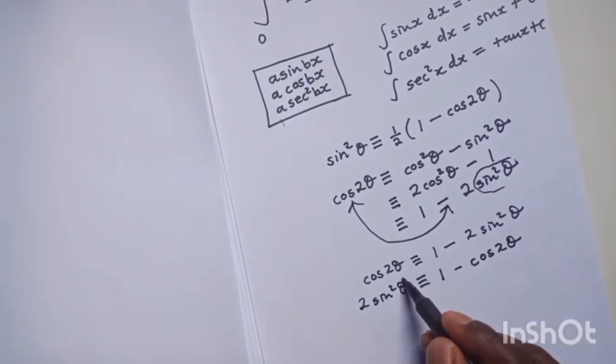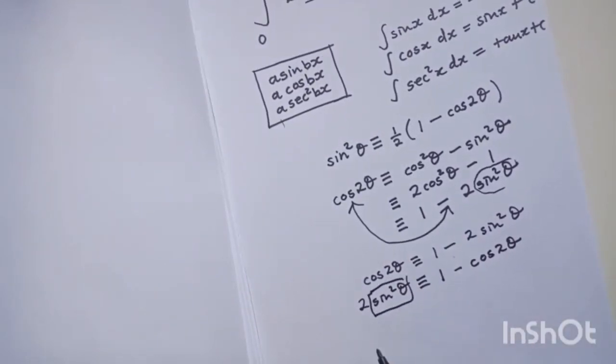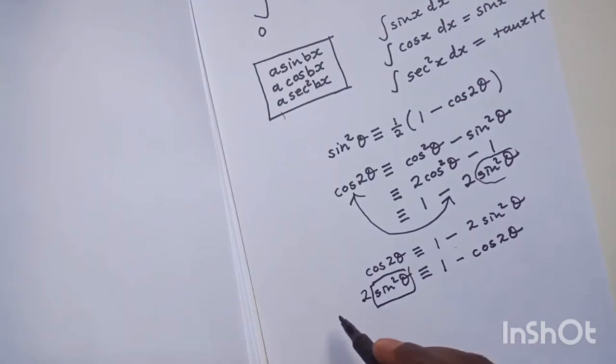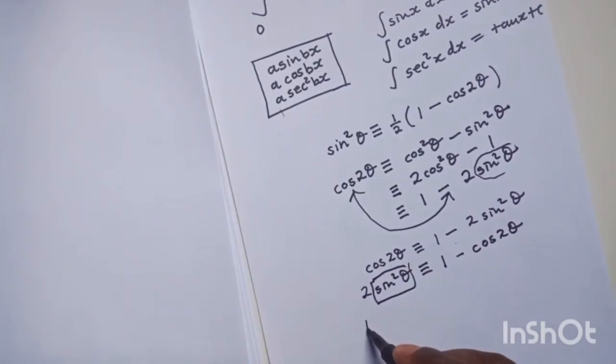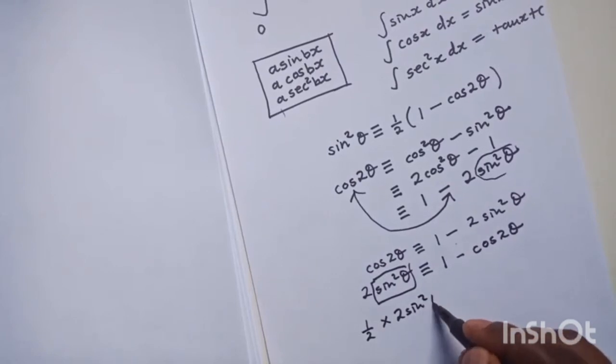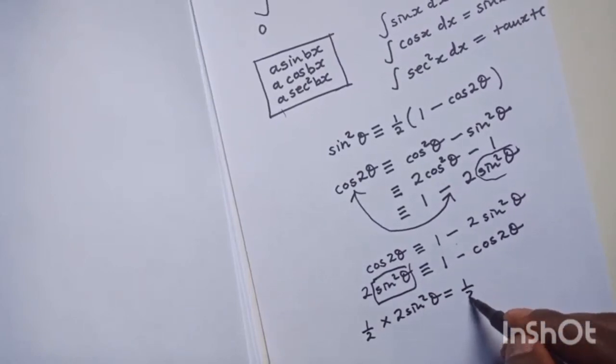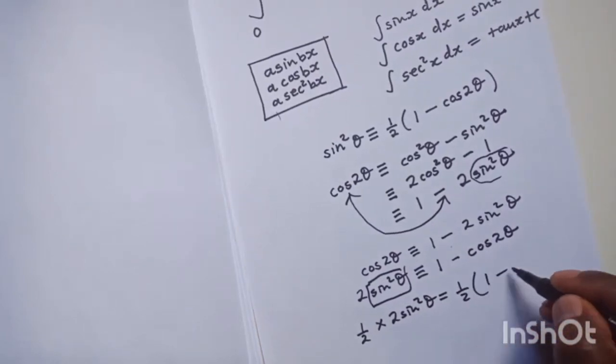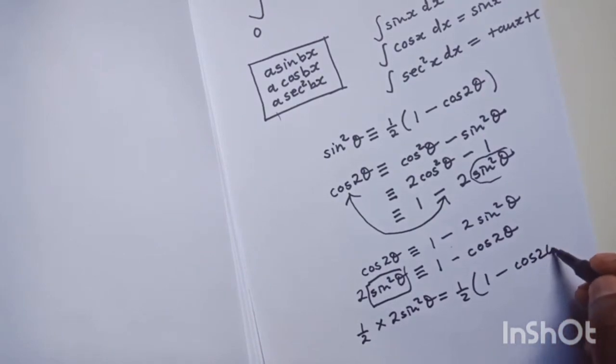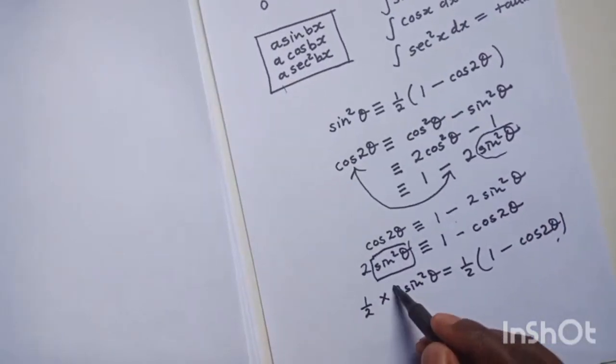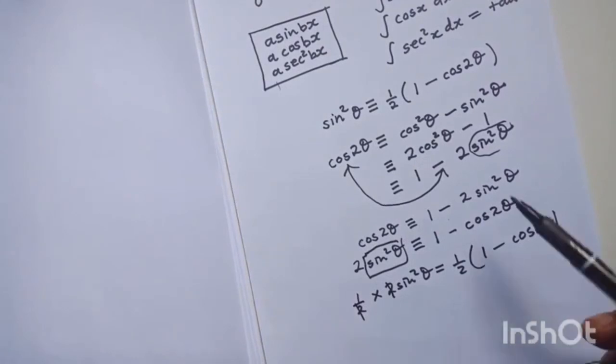Then to make sine squared theta the subject, you have to divide by 2 both sides, or multiply both sides by half. So if I multiply both sides by half, the 2 and 2 cancel out each other, giving you this identity, which is half, open bracket, 1 minus cos